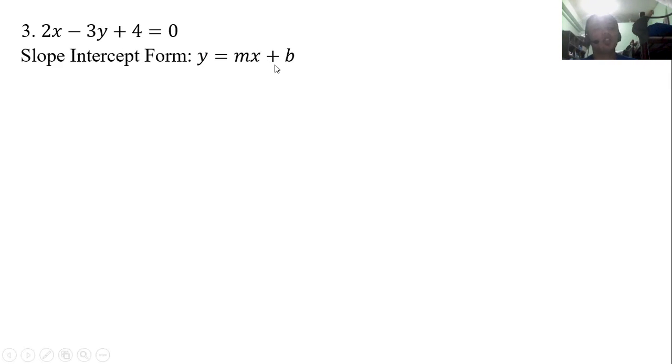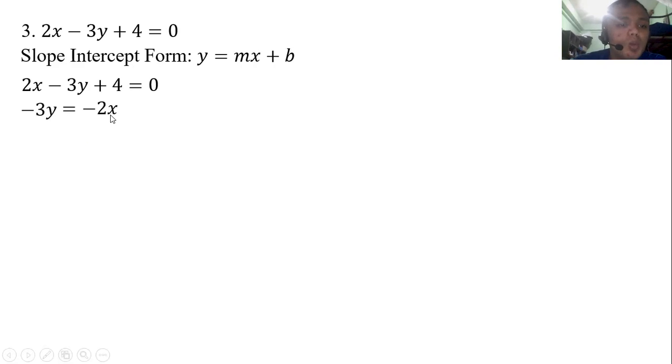Let's write this equation into this form. Now, transpose 2x and positive 4 to the other side, so what remains on the left side of the equal sign is negative 3y equal to negative 2x, because we transposed, minus 4, because we transposed. Then, since we still have negative 3 here, divide both sides by negative 3, cancel this out, then we have y is equal to negative 2 divided by